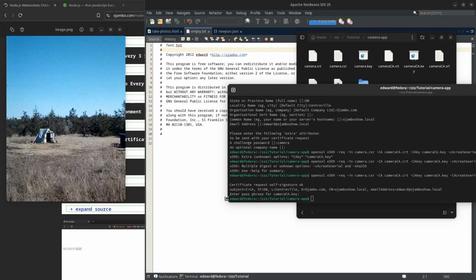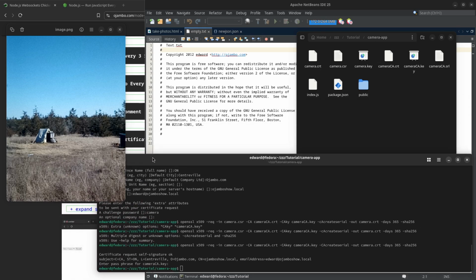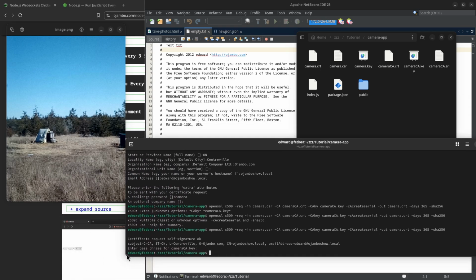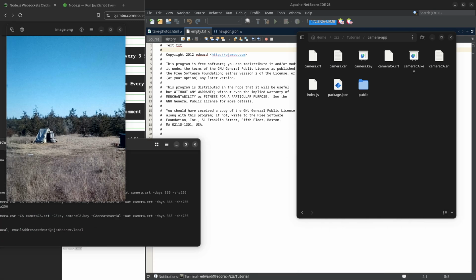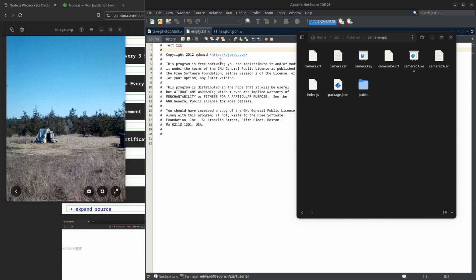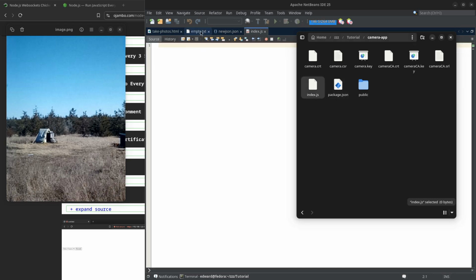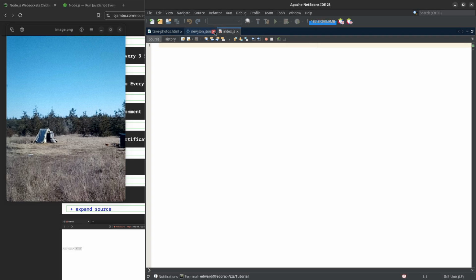For the command line, we're not quite done yet, but for now we're finished, so I will put this away. We'll come back to it. So what we need to do, you see this index.js, I'm going to open this up. We don't need this. Okay, so for the index.js,